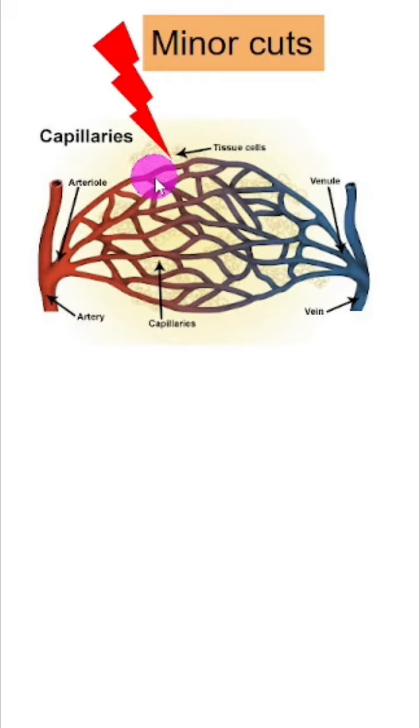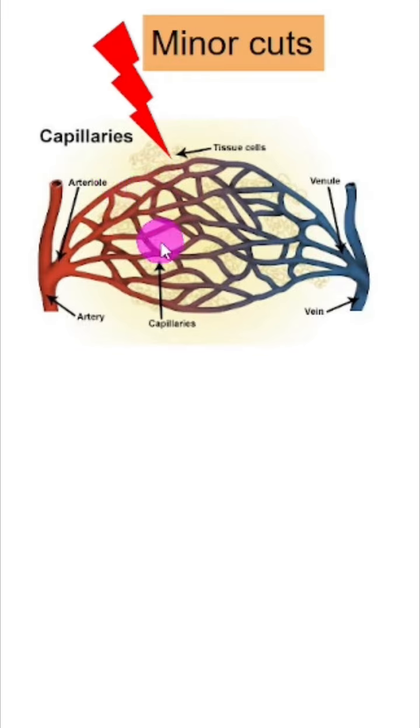So the majority of cuts are minor cuts. They happen in the superficial skin area, under which are capillaries and arterioles. The main arteries are far off. So when there is a minor cut, this small blood vessel will be ruptured. Just imagine this as the city roads. If the road is damaged, what is the obvious thing we are going to do? We will divert the traffic. Same thing happens here. The damaged endothelium will secrete certain factors like endothelin, and it is going to cause vasoconstriction so that the blood will start moving in other blood vessels.